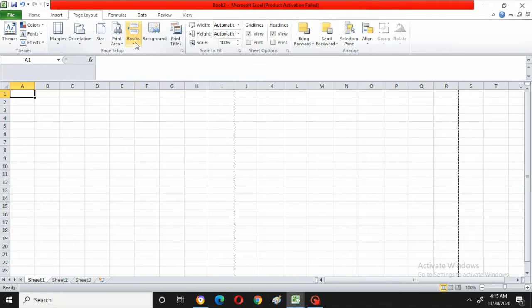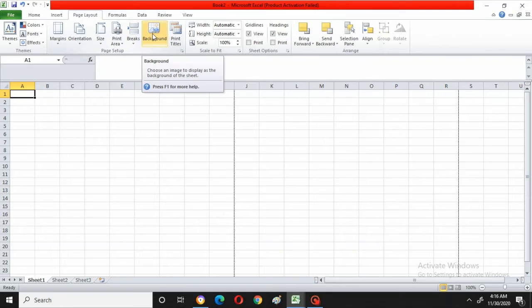Now Breaks is also shown. It says it specifies where a new page will begin in the printed copy. Page breaks are inserted above and to the left of the selection. So page breaks mean, like this, where the end of the page comes, there it will break. If you want, you can break the page into two like this, or even into three parts. It depends on you, so like that you can go.